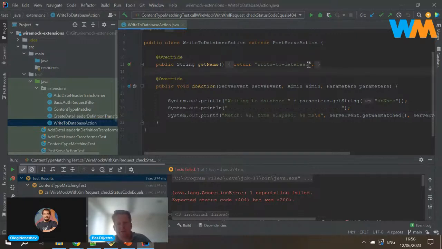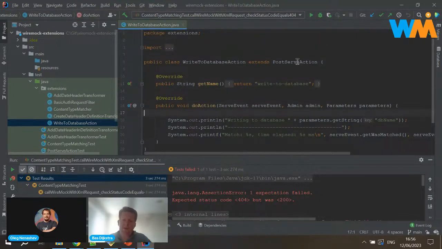I have a write-to-database action here, and my database is, in this case, just the console, not an actual database because I was too lazy. You extend the PostServeAction class in WireMock, and I create my own action, and I override both the getName method and the actual doAction, which is where the magic happens.